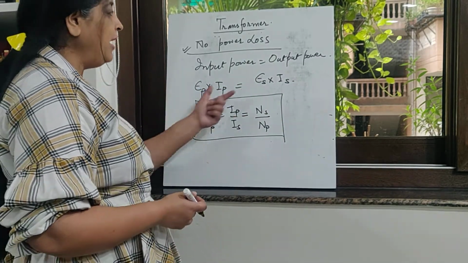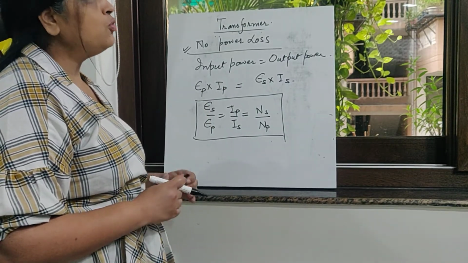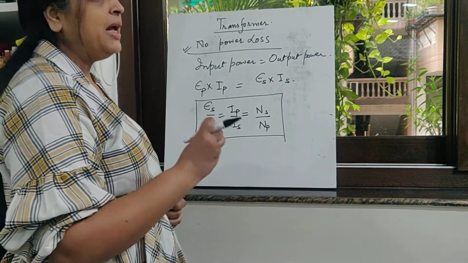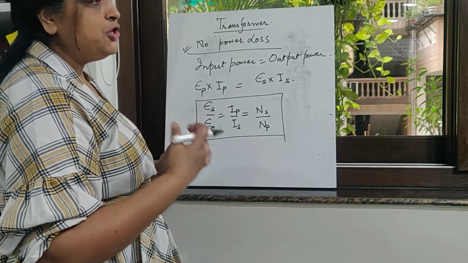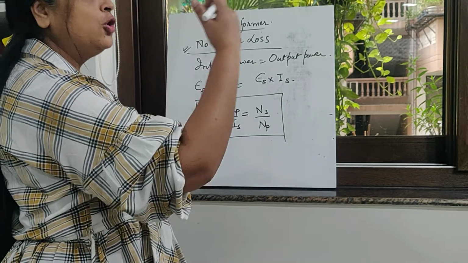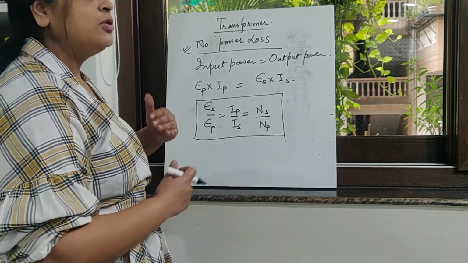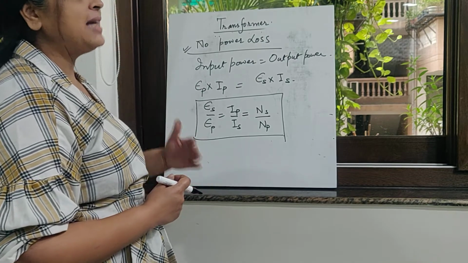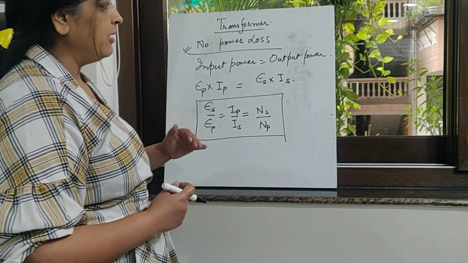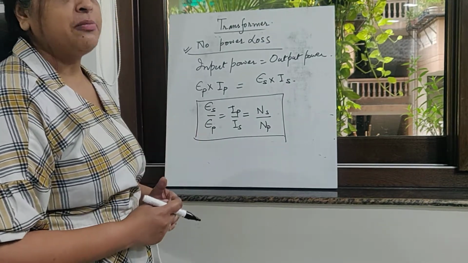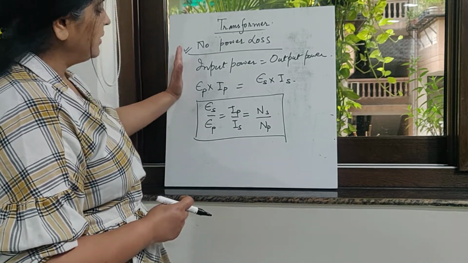This is a very useful thing, and in the class we will learn which appropriate cables we use as the overhead cables for transmission of power from the power stations to a substation and then to your localities, and how we use the step up and step down transformers at different stages, and how this value of current matters a lot over there. We will understand that and do some numericals on it also. But as for now, this is what it is.